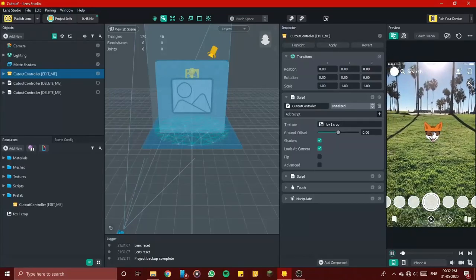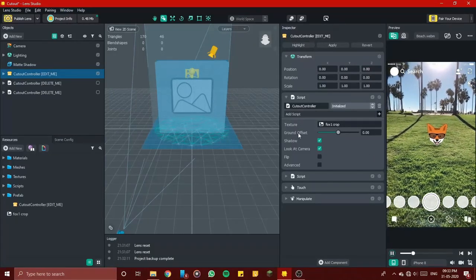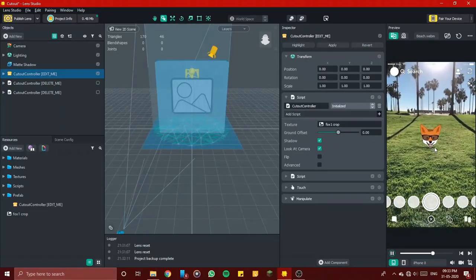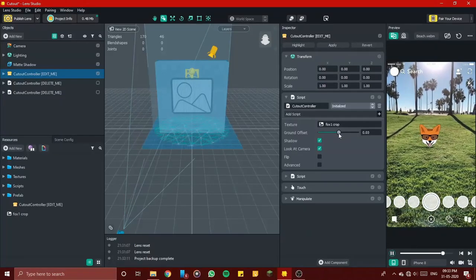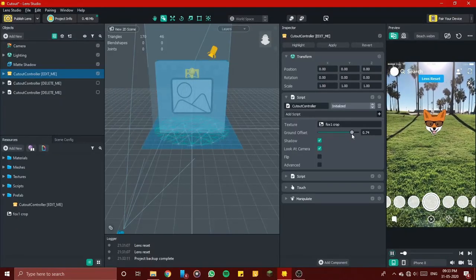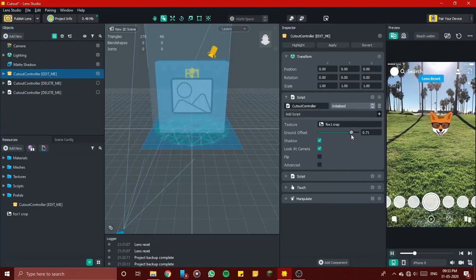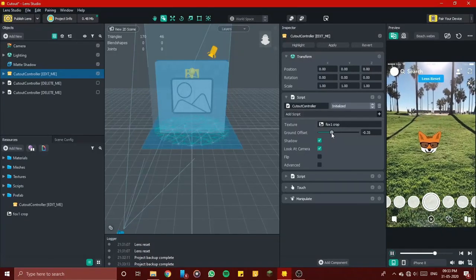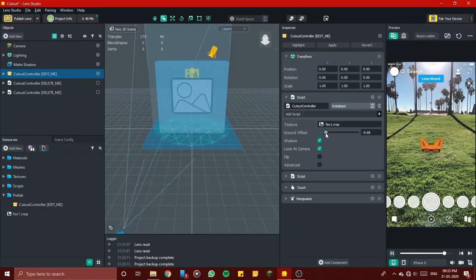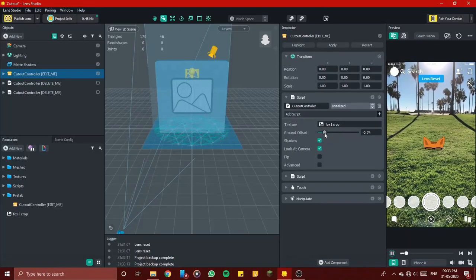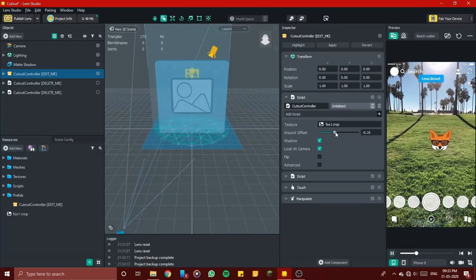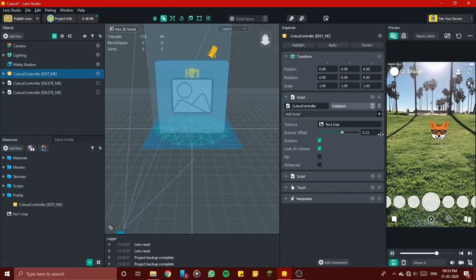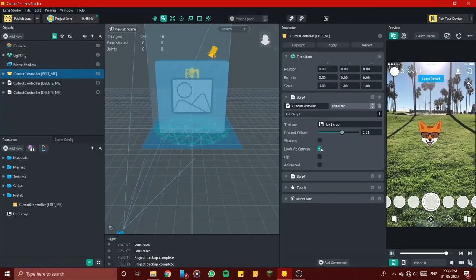Okay, so now what the settings do is, first is ground offset. It just controls the distance of the bottom of the image from the ground. So you can increase it to increase the distance between the ground, or decrease it to make it sink. So I'm just going to make it a little higher. Yeah, so you can enable shadows, or you can